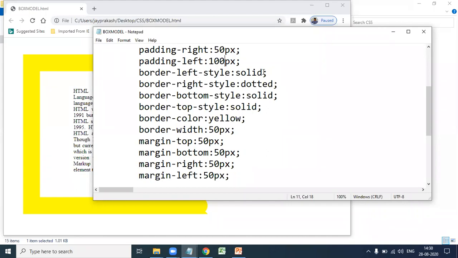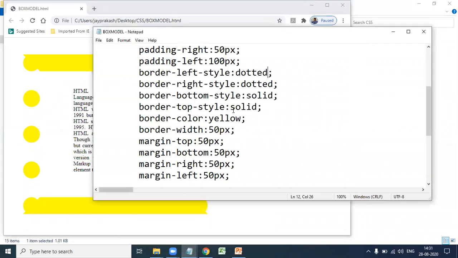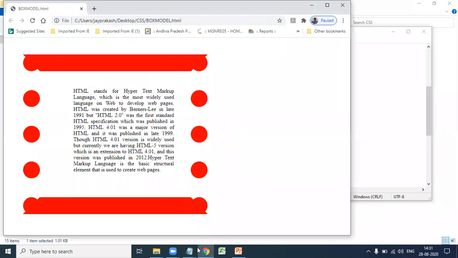Suppose you want to place left style as dotted, so border left style dotted. See here, left style is dotted. If you want to change the border color, it is yellow, now I give the red color. See here, border is red color.